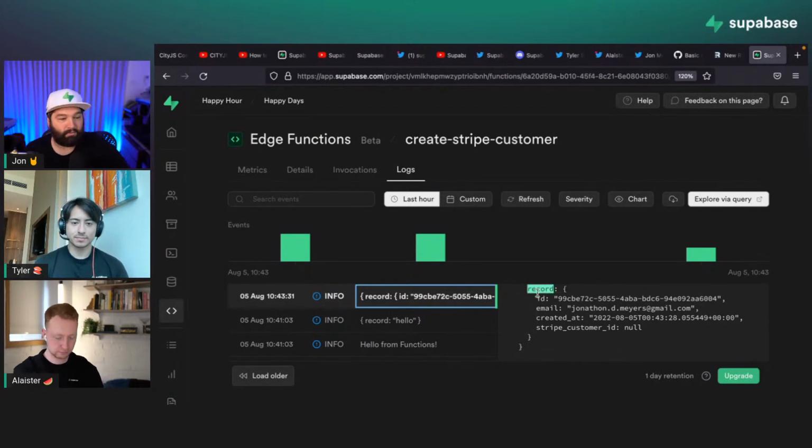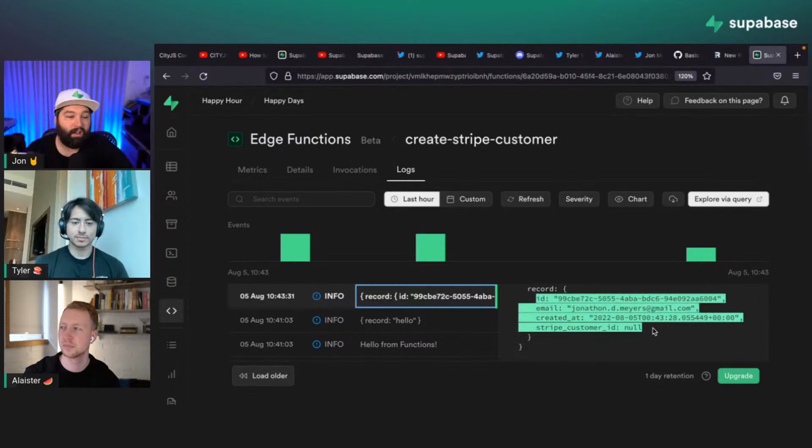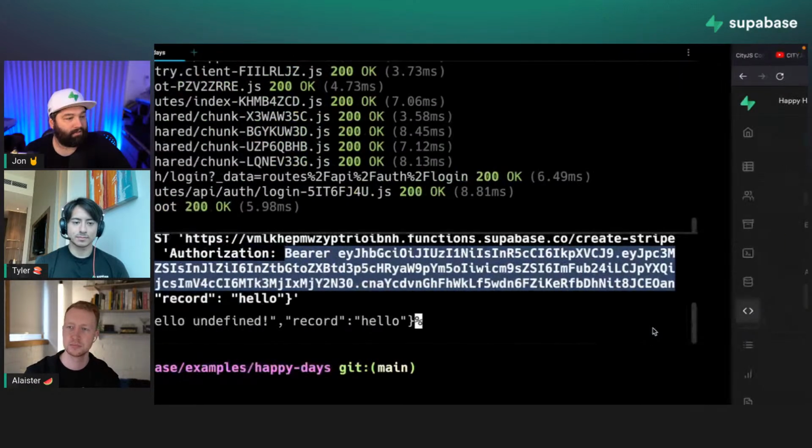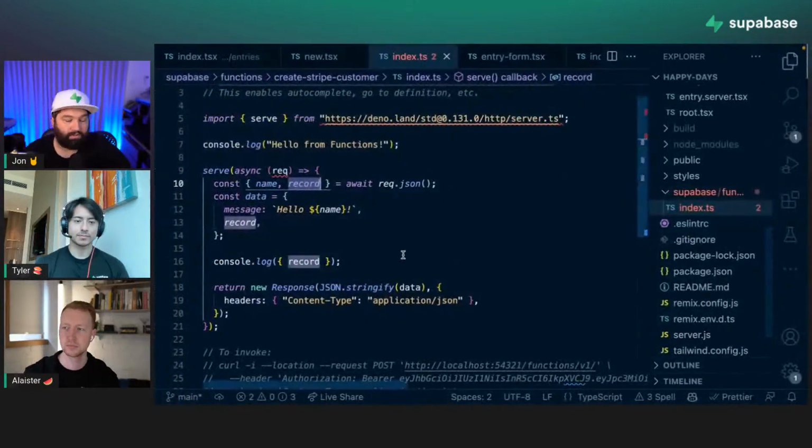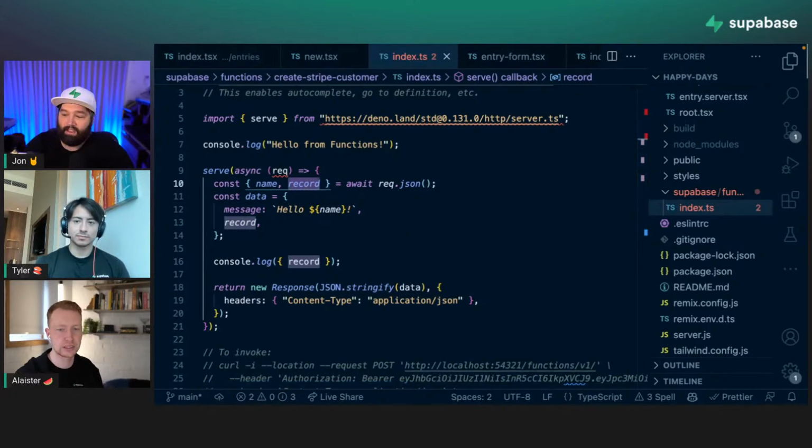We're getting this record object, which has basically just the whole row for our new user that's been inserted. So if we go back to our edge function, what do we actually want to do now? What do we want to do with that information? Yeah, we want to create a Stripe customer. So in order to do this, we're going to use the Stripe JS library,